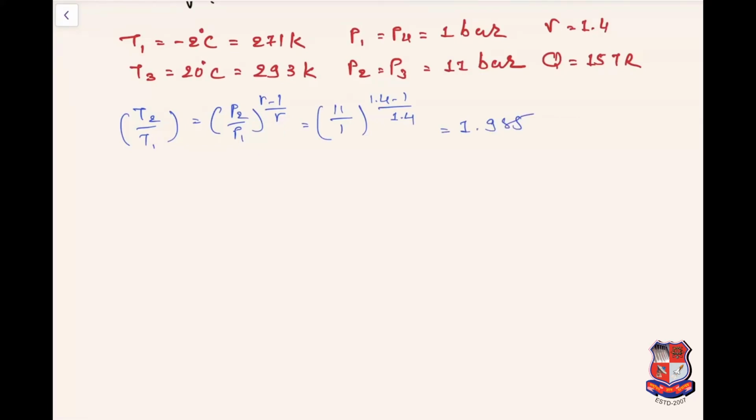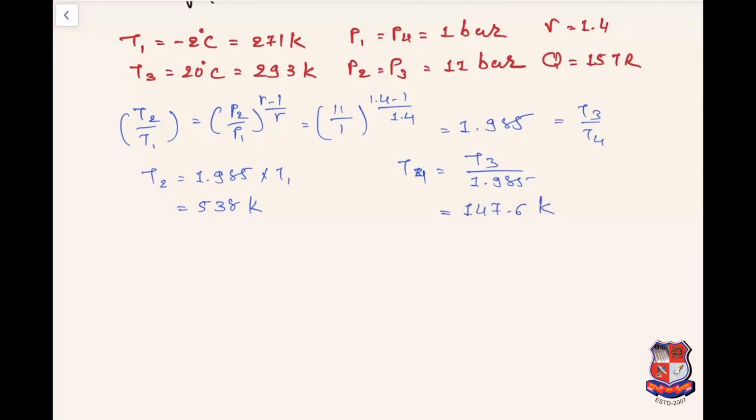Same for T3 by T4. So here T2 is equal to 1.985 into T1, and that is equal to 538 Kelvin. Same as here, T4 will be T3 divided by 1.985, and that is equal to